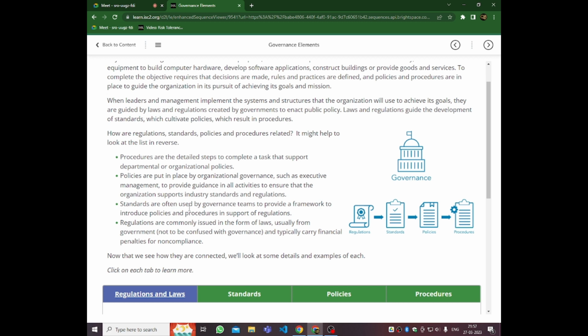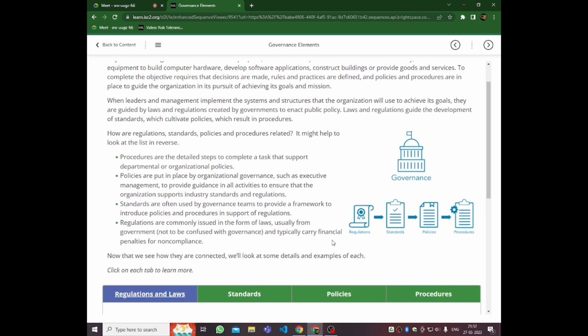Standards are often used by governments to provide a framework to introduce policies and procedures in support of regulations. Regulations are commonly issued in the form of law, so usually from government, not to be confused with governance, and